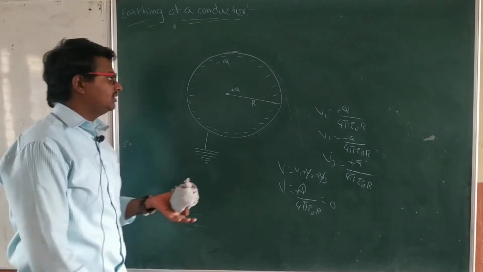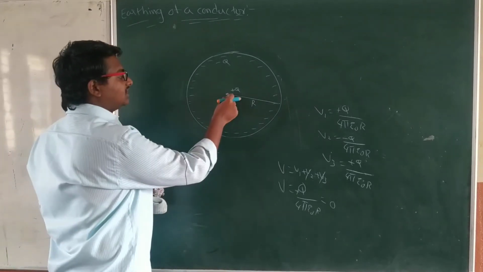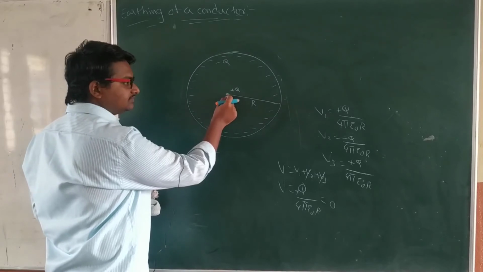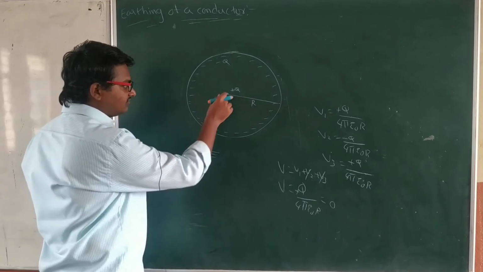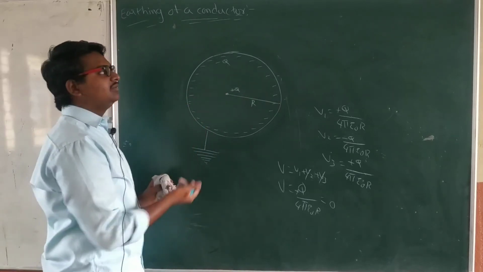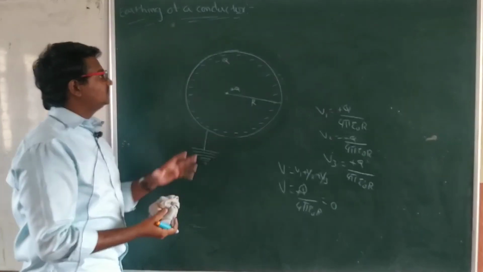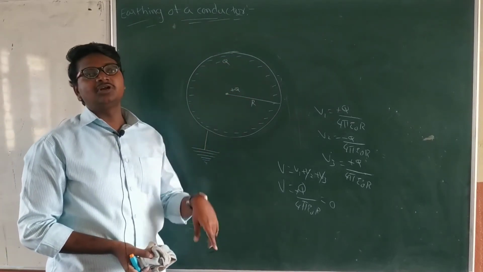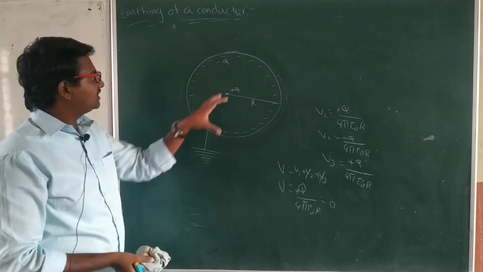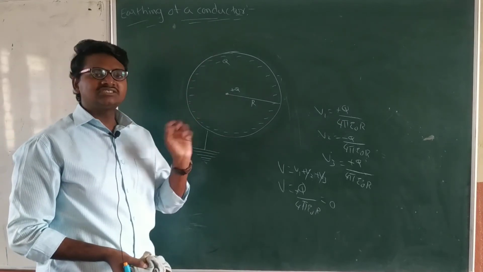It means, for example, this one only, we will keep some charge here at the center, and we will connect to the earth. After that we will remove earthing and we will remove the central charge also. Immediately, if you see, minus q is the charge placed on this one. Now this one became the charged body. It means by using this method, it is called the conduction method also.